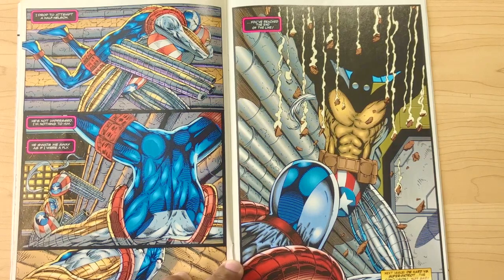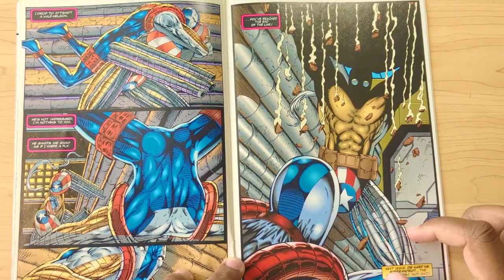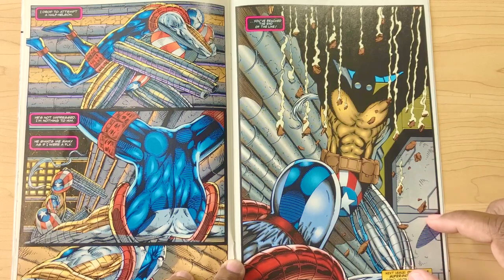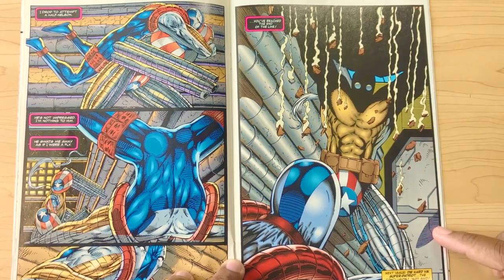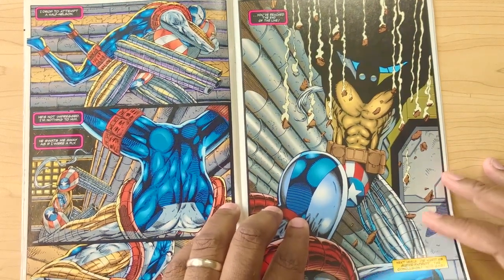So if I can give a critique, that would be it. But I do like this shot. I do like the low angle of Diehard being down on the ground and about to be attacked by the villain. That's a great way to leave off in a cliffhanger for the action of your books. But I would just say put a little bit more detail up here so I can see what he's actually about to throw or drop on him, because that adds to the tension when you know that your hero is truly in danger. So that is it for part 2 of